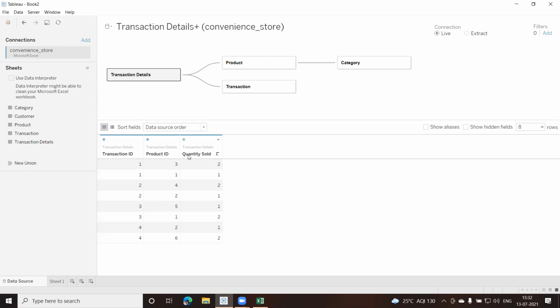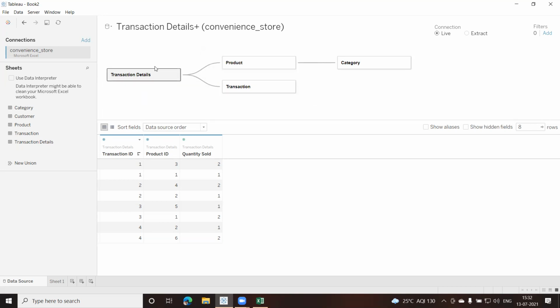Like in this case, we have product ID and transaction ID, and this will be a part of the third table. That's the reason we do not link these two directly. We link the product to the transaction details, and the transaction to the transaction details again. There is no direct connection between these two, but there is an indirect connection coming through the transaction details.